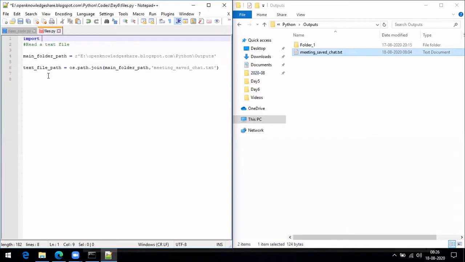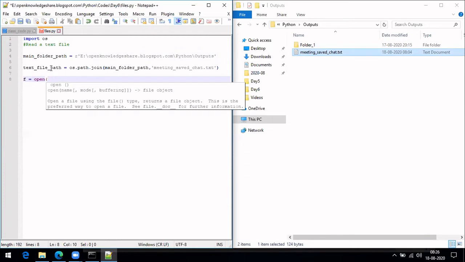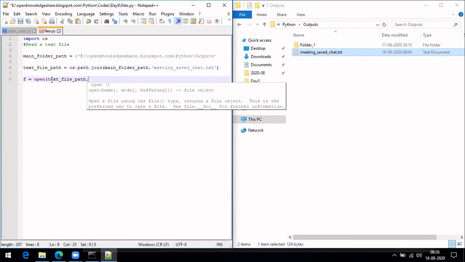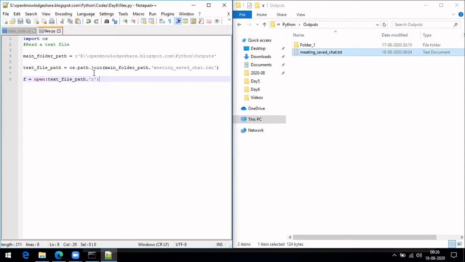So once you have imported, what you should be doing is f.open, and then this is a format. In case you want to read, you have to do R. R is the mode, read mode. Similarly, there is RB, which means read in binary mode. So let's also see both and see what the difference is.